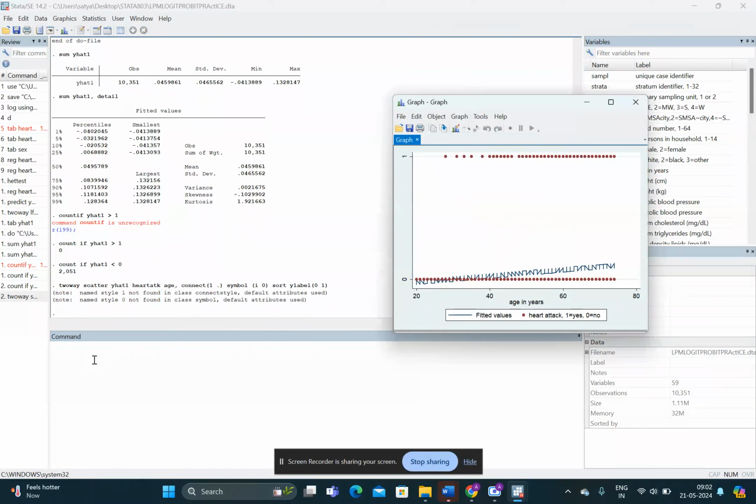This is actually how the zero values and the y values are placed through the data, and this line is how we have fitted it. So as you see, when you have zoomed in, there isn't anything above 1, but below 0 there are some. Yes. So now we are done with LPM.